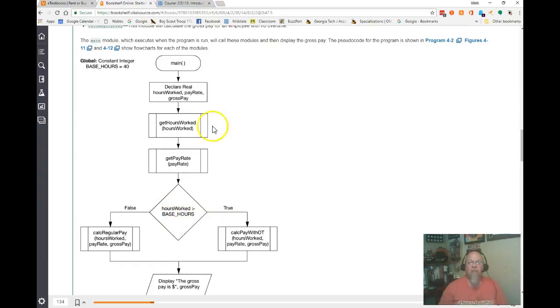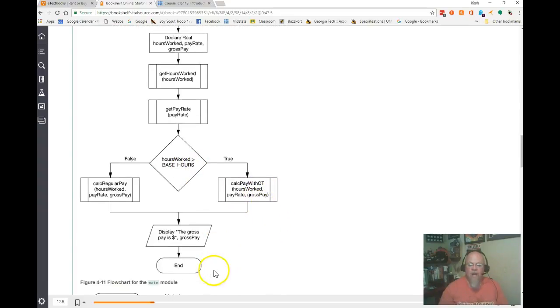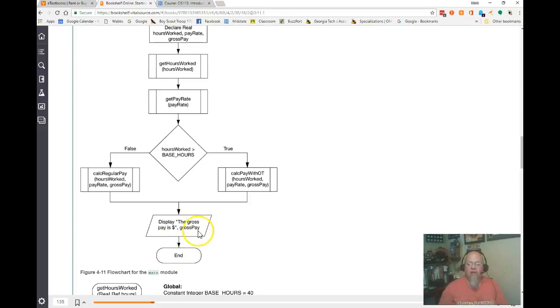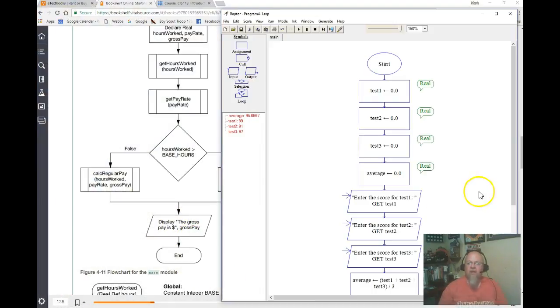So we are going to need base hours set somewhere. Oh, okay, they have base hours set up as a global. Again, we can't do that. So that means we're going to have to pass that constant base hours to each one of these items down here for the calculation. So if it's greater than base hours, we then go ahead and calculate regular pay. If it's greater than base hours, we're going to calculate the overtime, and then we're going to display the gross pay outside of this. So if we take a look at this in Raptor,